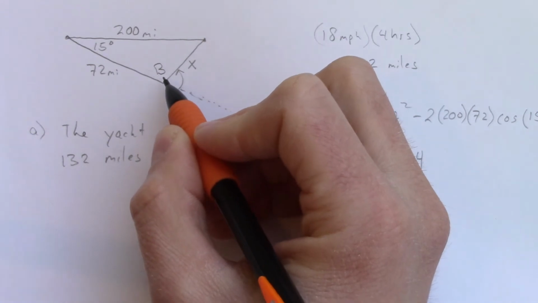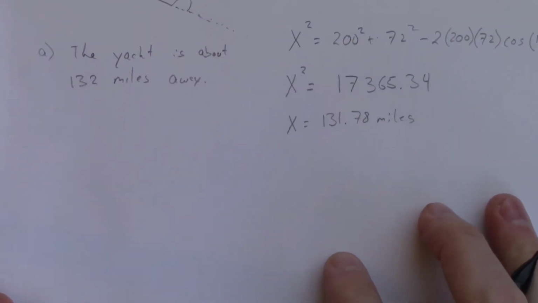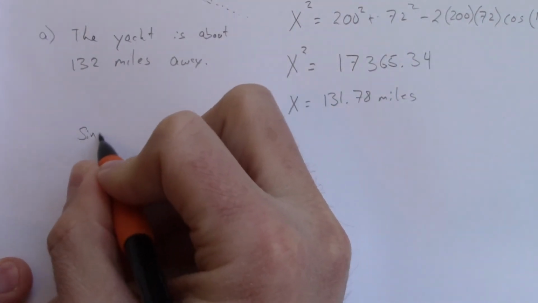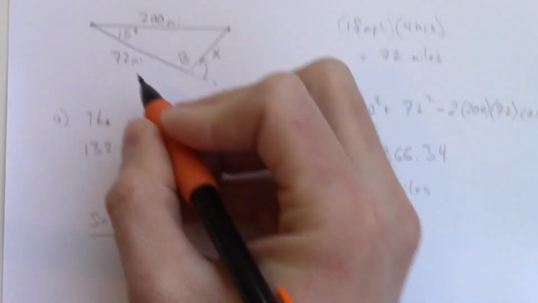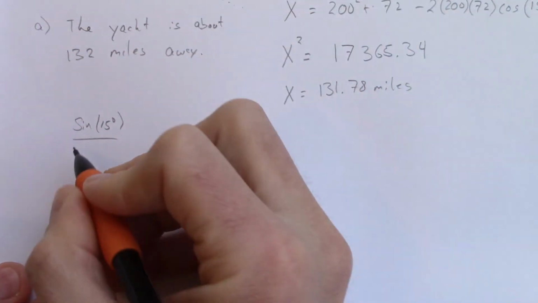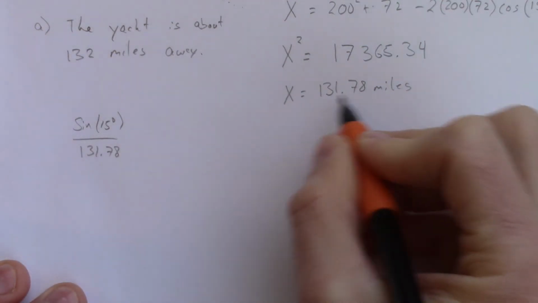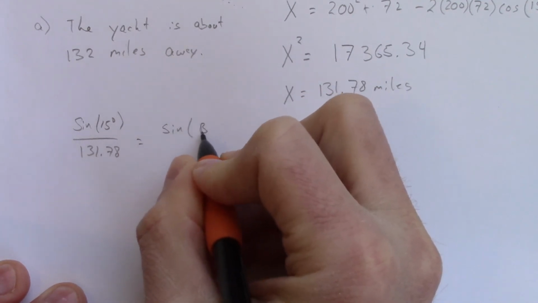So I need to think about that. So I'm gonna rush through that law of sines real quick and show you exactly what happens. So I would do the sine of 15 degrees over the opposite side, which would be x. I just found that. So that'd be 131.78. I'm gonna go back to that more exact value,